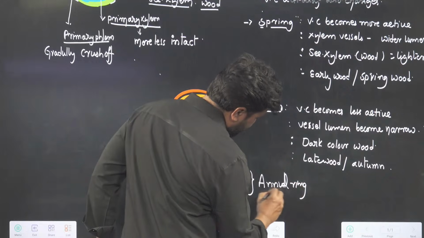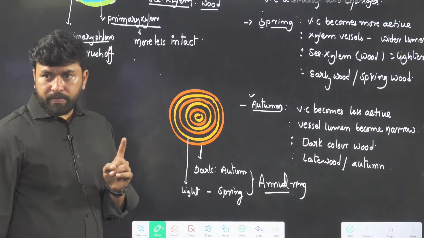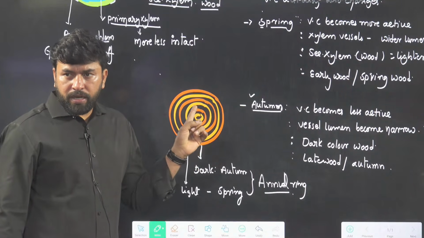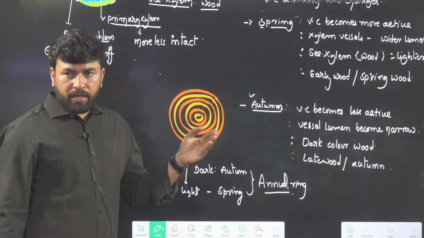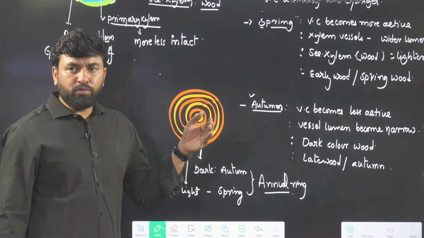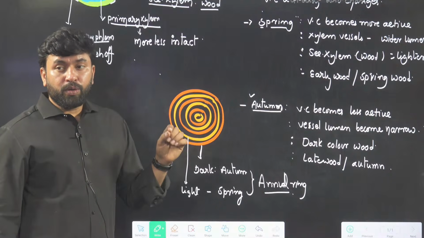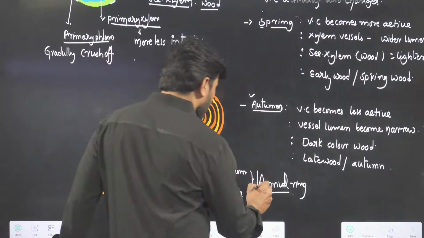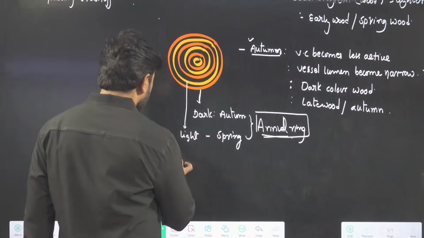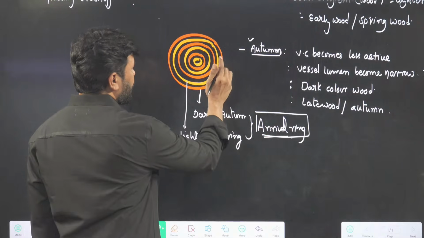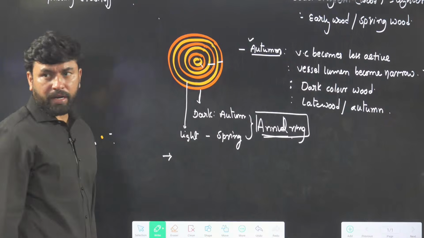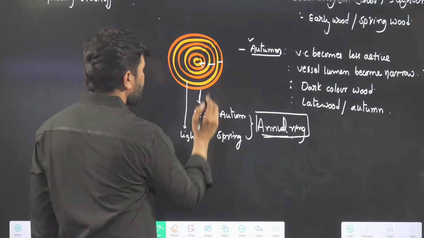Annual ring. Remember, in one year, one spring season, one autumn season. During the spring season, light color wood. During autumn season, dark color wood. Alternately, a band of dark wood, a band of light wood would be developed. This alternate band of woods helps to measure the age of the plant. So one dark color band, one light color band is known as annual ring. You can measure age of the plant by measuring annual rings. This mode of measuring age of the plant is known as